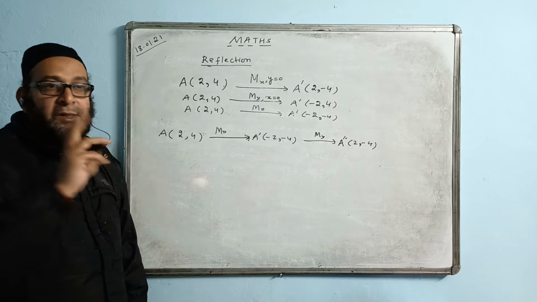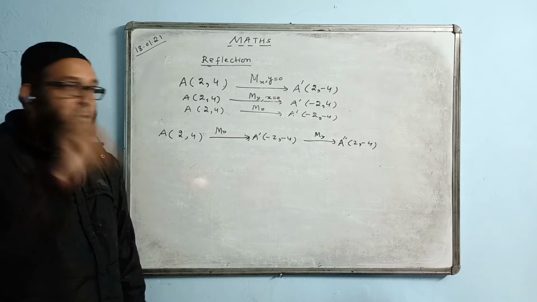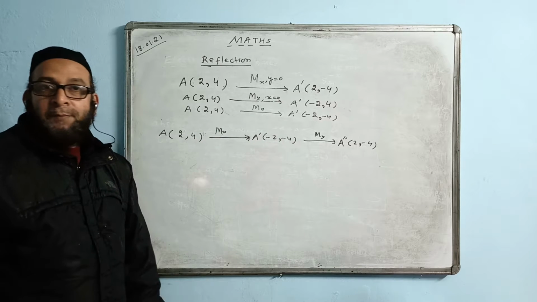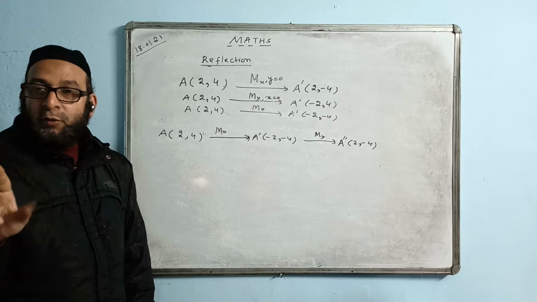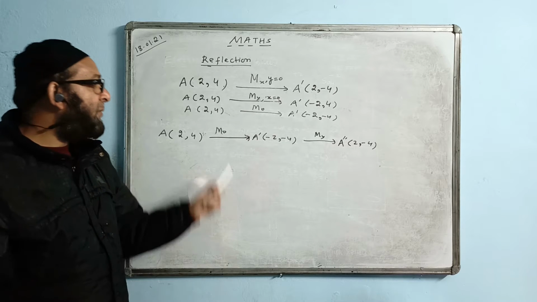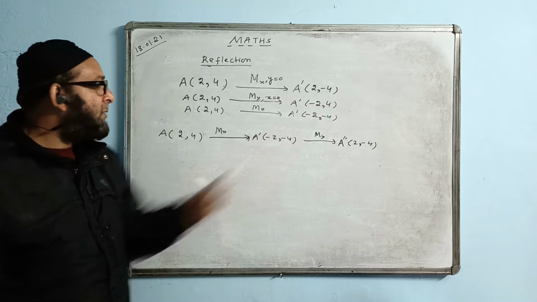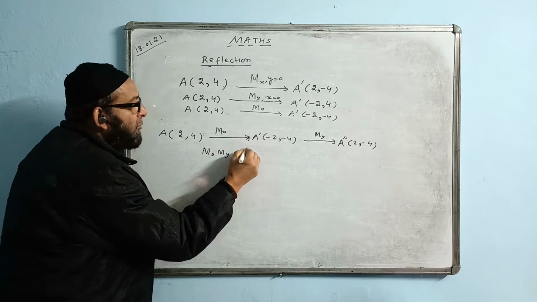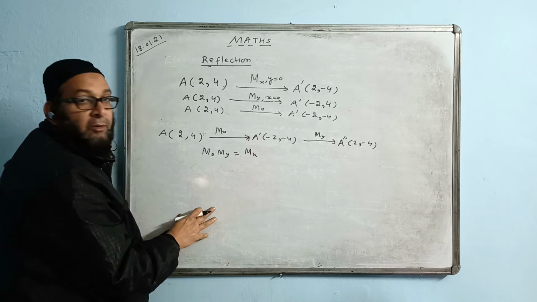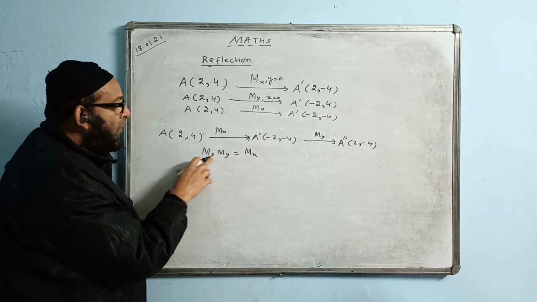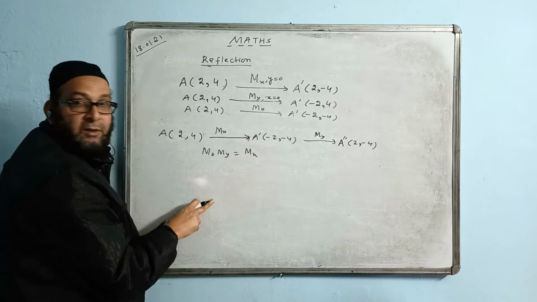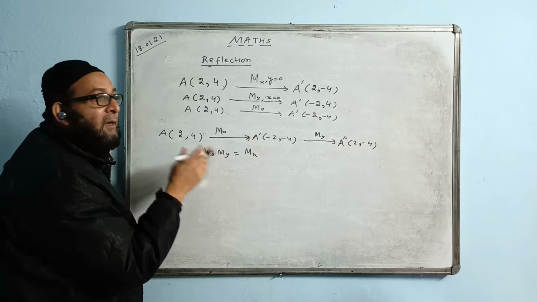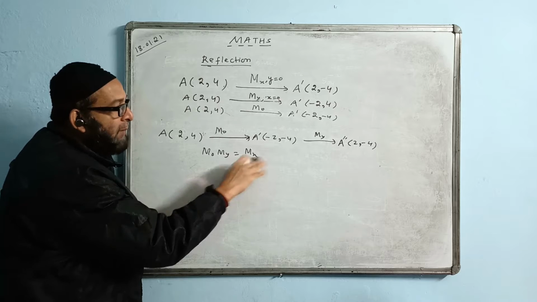That is, you want to reach from the point A to A double dash with a single reflection instead of taking two reflections. So two reflections are always equal to a single reflection. What type of reflection do we have here? MO and MY. We write down the formula like this. MO into MY will be equal to MX. Whatever is missing, the answer will be equal to that. That means O and Y, X is missing, that will be equal to X. If I write MX and MO, then it will become MY. If I write MX and MY, then the answer will become MO.